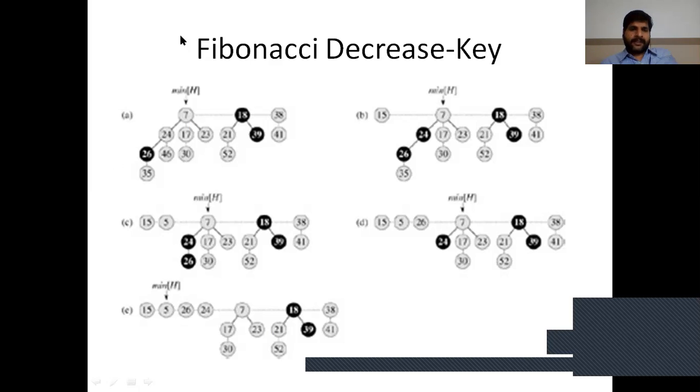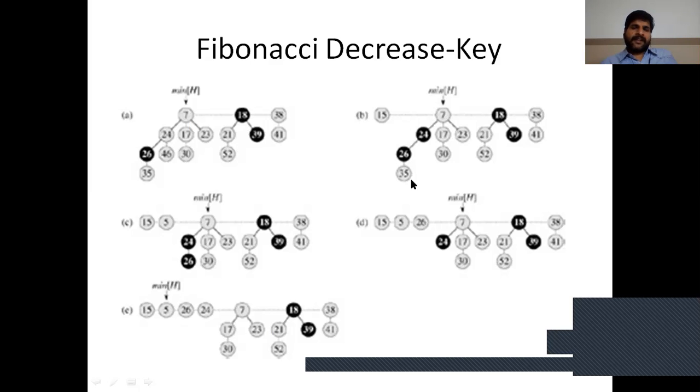If you want to decrease keys of the given tree, if you want to decrease 46 to 15 and 35 to 5. So first 46 decreases to 15 and 46 is the child of 24. So after decreasing, we mark the parent node of 46. And this decreased node is connected as a root to the left of the image.